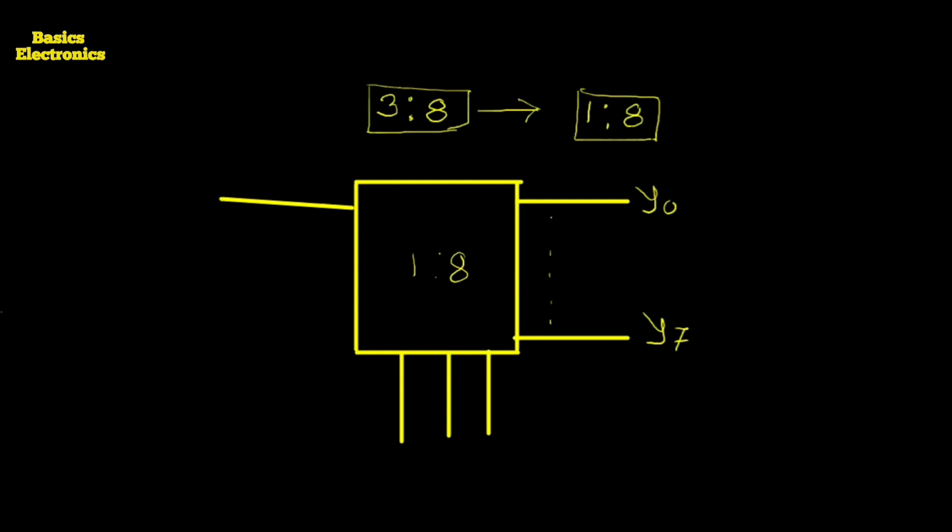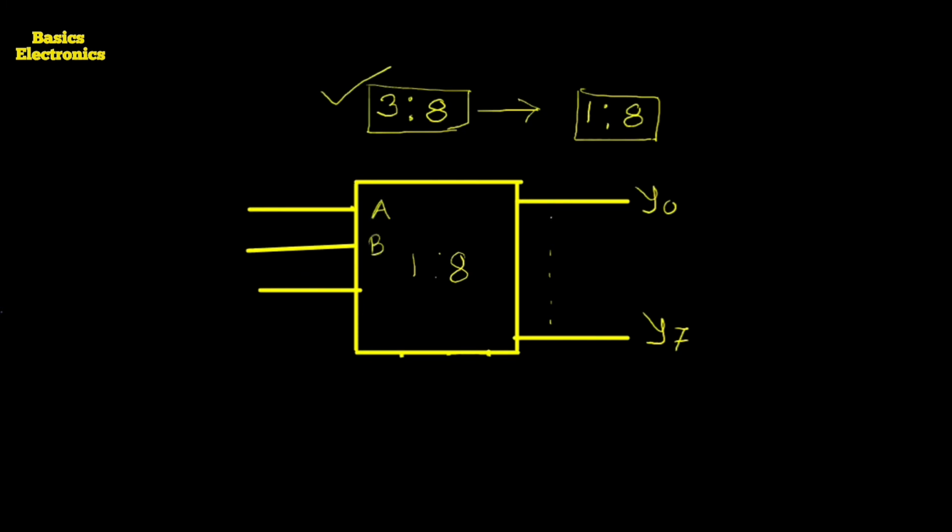Now, what symbol do we use for the 3:8 decoder? For the 3:8 decoder, the data input is absent, and at this side we apply the 3 inputs. These are the select inputs, but instead of considering them as S0, S1 and S2, they are considered as A, B, C.